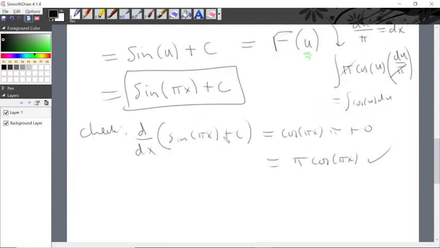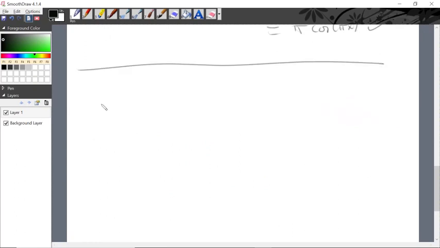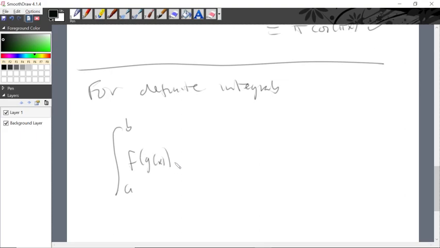Okay. Let's take a look at that definite integral and a substitution. So we have, for definite integrals, the integral from a to b of f of g of x times g prime of x dx, which is going to become an integral where we have f of u du for the integrand part and the differential part, as we just showed. But to figure out the bounds,